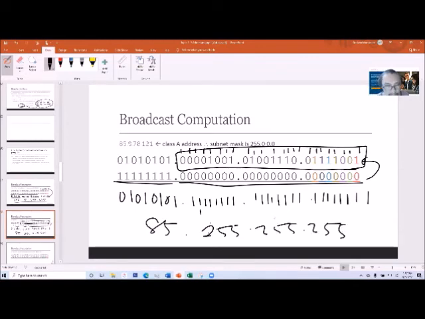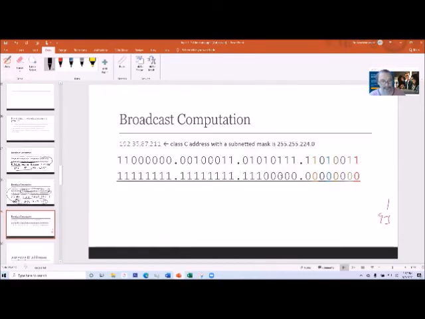255.255. So that means that 85.9.78.121 is the broadcast address. And last, 192.35.87.211. But take note, the subnet mask is different, the 224. So again, you just copy 1111